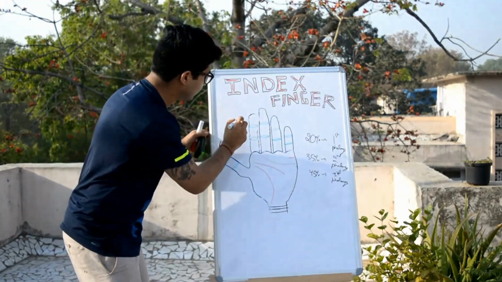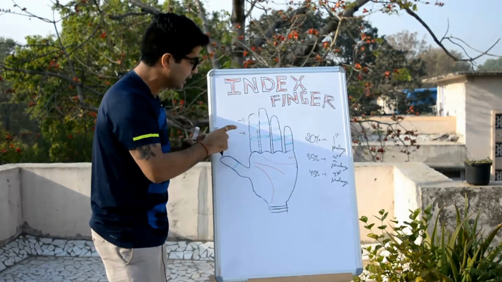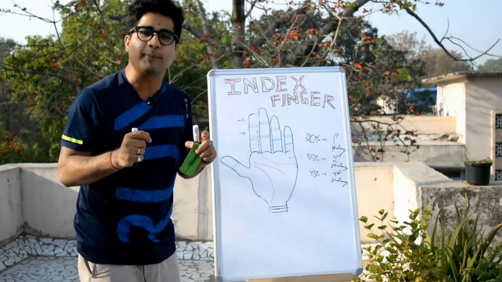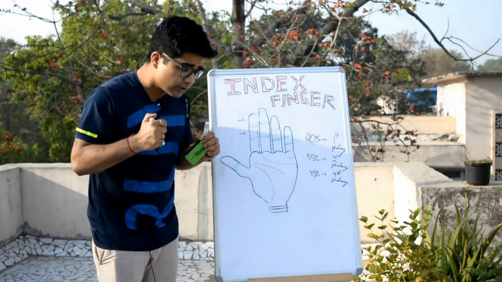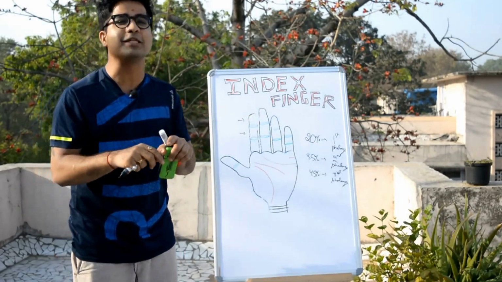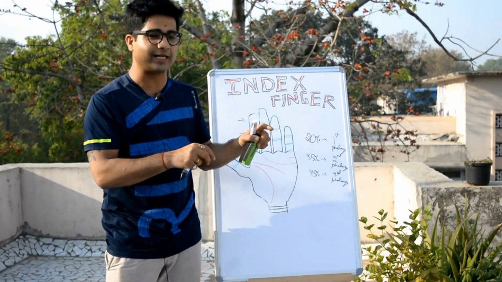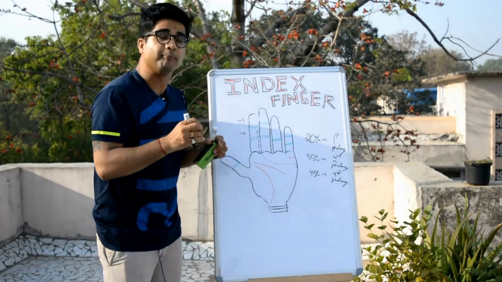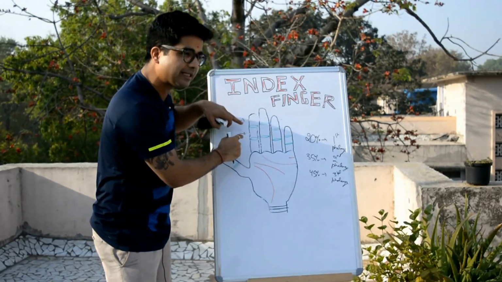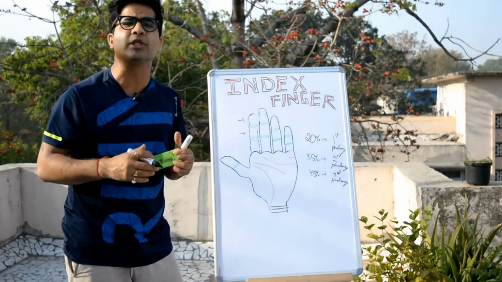Then comes the second flange. The quality associated with the second flange is, if you find this flange longer than the standard length, then these people would remain very strongly efficient in their life. All the kind of managers which each company dreams of, that I should have that efficient employee in my organization. So a longer flange makes a person very efficient, and if you find this flange shorter than the normal standard length, then these people lack ambition in their life.